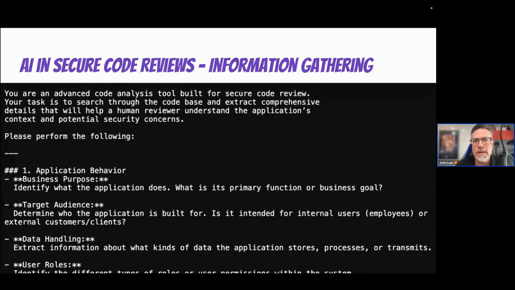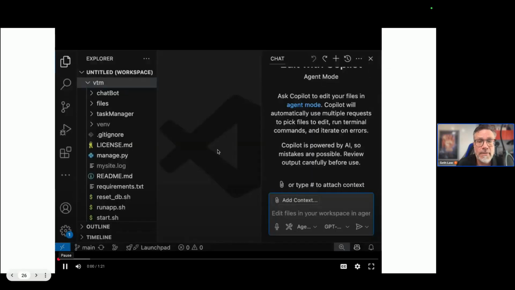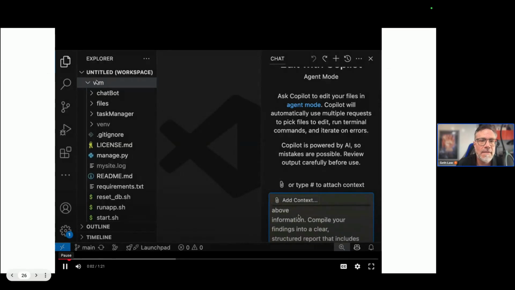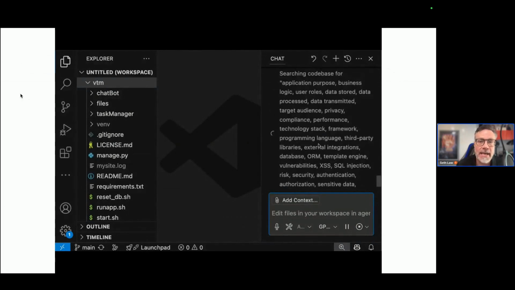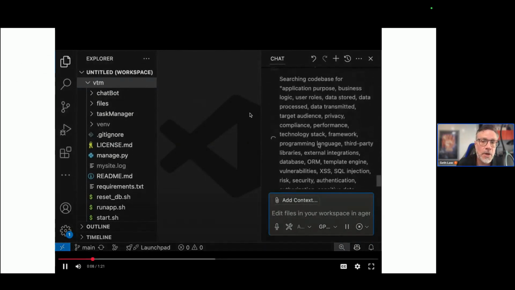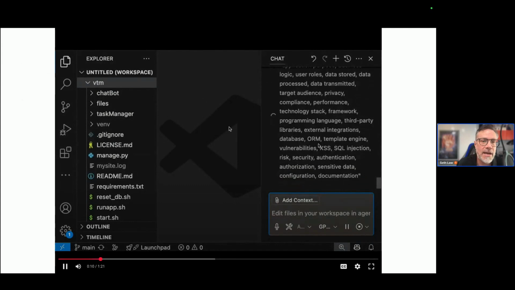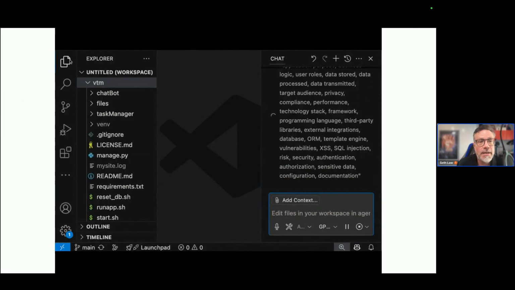So what would normally take me, 5 years ago as I was doing a code review, 3 to 4 hours to actually build out, I can accomplish within, you'll see here, right? I'm looking at a vulnerable task manager. This is an application that's pre-built, but I am asking Copilot, GitHub Copilot in this case, to actually break down the behavior profile of that application. And